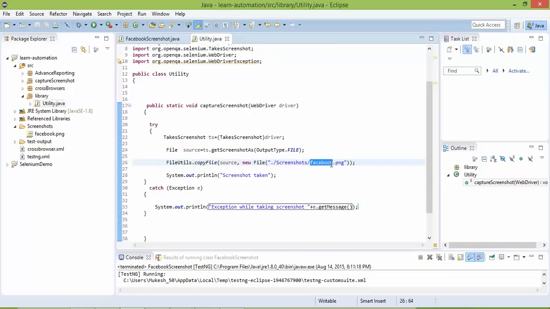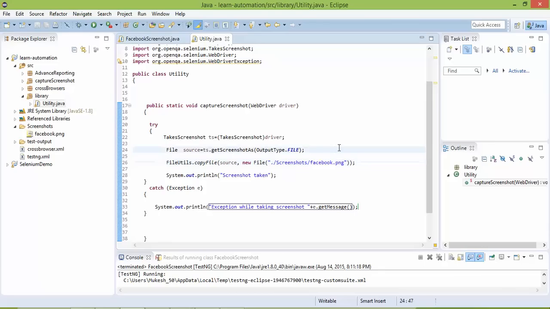So what it will do, it will override your previous screenshots, and it will simply show you the latest one. Okay, you will get only one screenshot in your folder. So what we will do, we'll parameterize this as well. It means we will ask users what exactly the screenshot name you want to keep. So based on the parameter, we will take this screenshot.